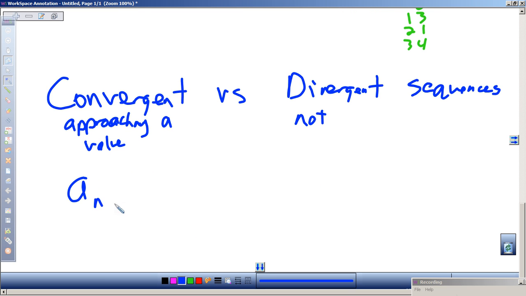Actually, I'll just do a sequence and see. Is it convergent or divergent? A_n equals 2 to the n minus 1. So if I plug in 2, what am I going to get? Three. 2 squared is 4 minus 1, 3. If I plug in 5, what am I going to get? 2 to the 5th is 32 minus 1, 31. If I just keep plugging bigger and bigger in, is it going to a certain value or just growing? Okay, so this one would be divergent,